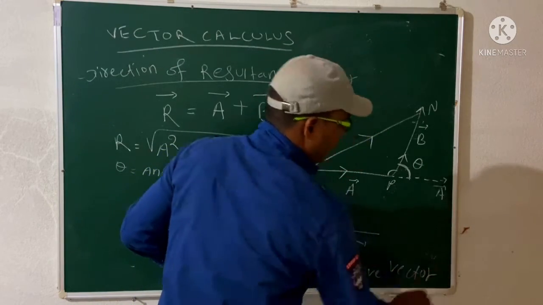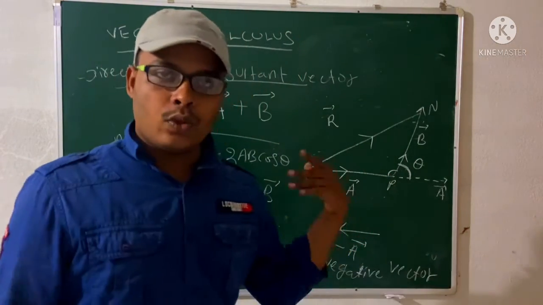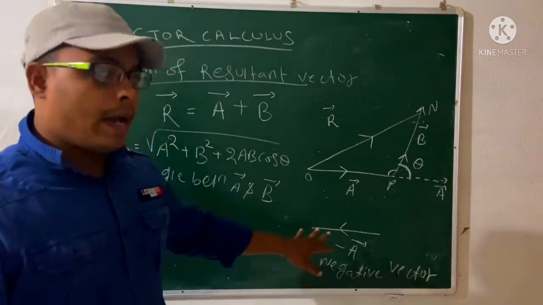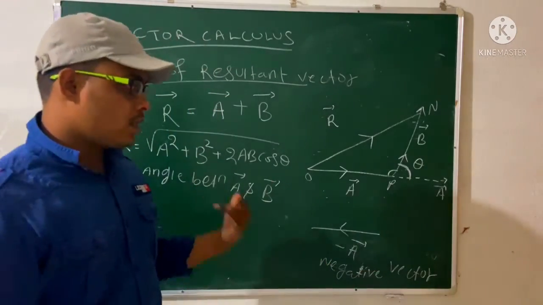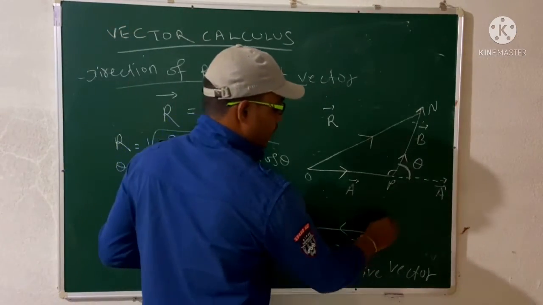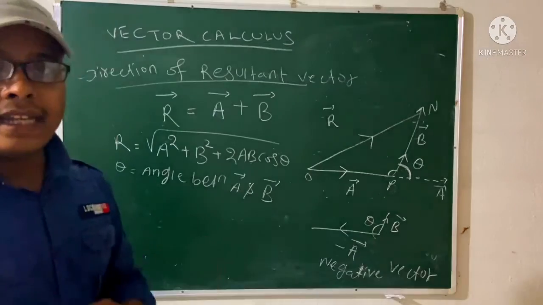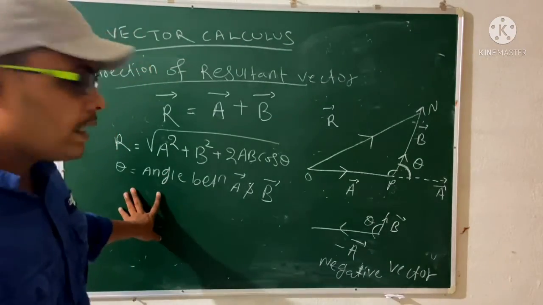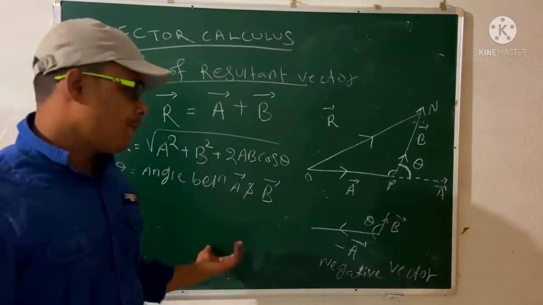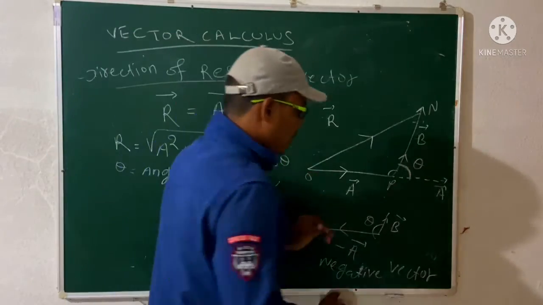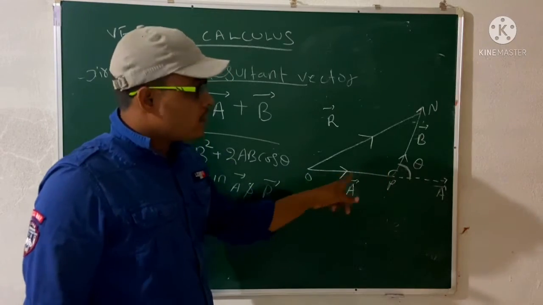Remember, we also forgot about the negative vector. So the negative vector means the magnitude will be same, but the direction is opposite. So what is the negative vector? The magnitude of A and minus A are same, but the direction is opposite. So if you take this one, this one is your B vector and this one is the theta, right? So theta is the angle between minus A and B, but we have written here theta is the angle between A vector and B vector. So if you are not clear about this, then please comment. So theta is the angle between A vector and B vector. If you take this one theta, then that will be the angle between minus A and B.